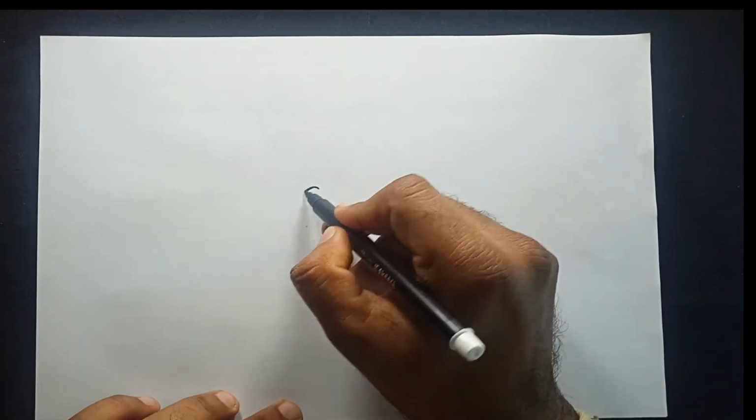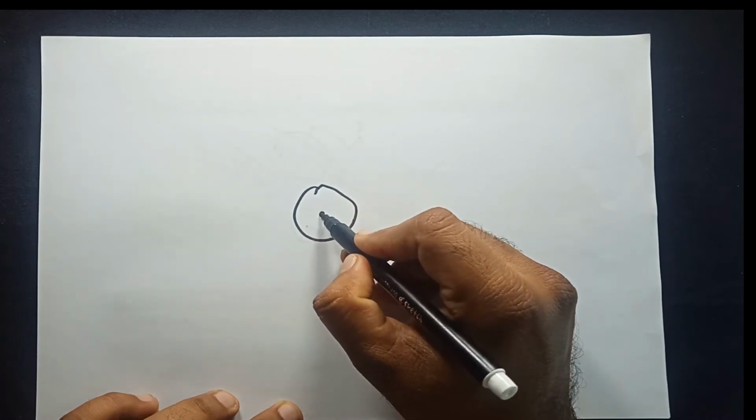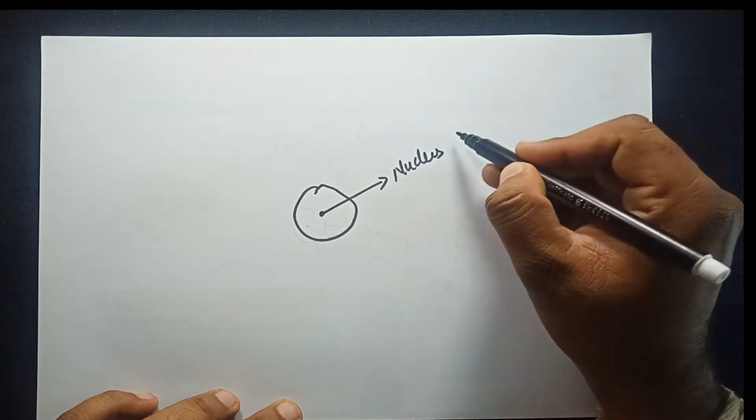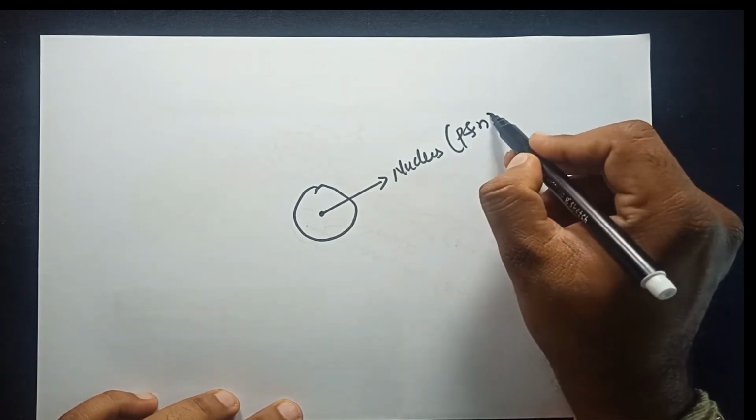This is Arun. In this session, I am going to explain what nodes are, what the types of nodes are, and what the formula to calculate the nodes is. Look here friends, just consider this is an atom. This center part is called the nucleus, consisting of protons and neutrons.